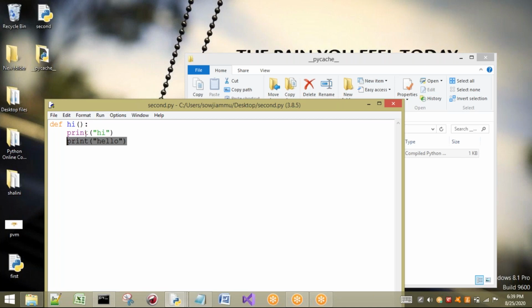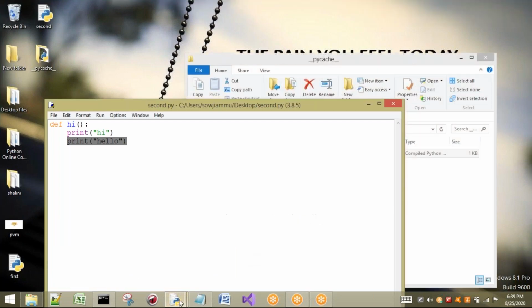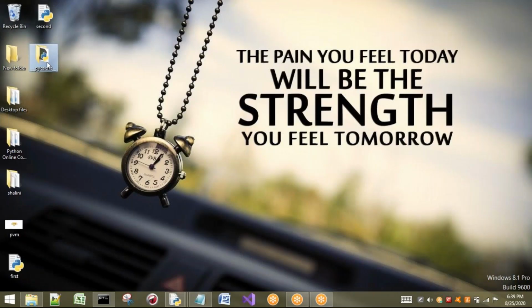Now some people will have a doubt: sir, I want to compile a Python file, that is a .py file, manually. I have not created this one. Automatically, if I execute the program and import some of the modules, that is second.py, it is going to give me what? See, by importing this one, I am getting this __pycache__. That is what the .pyc files are.